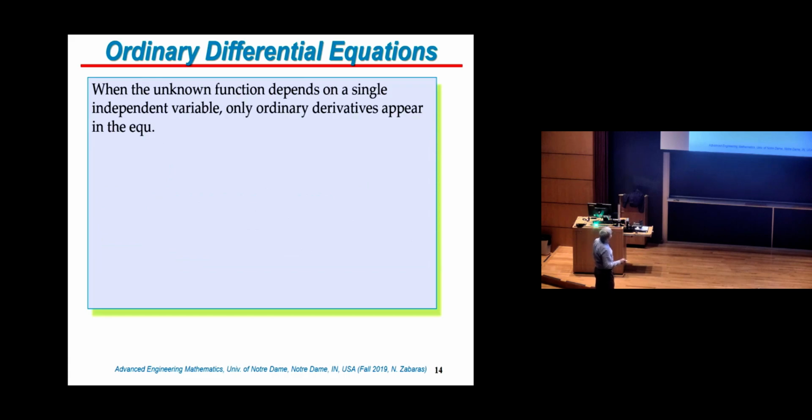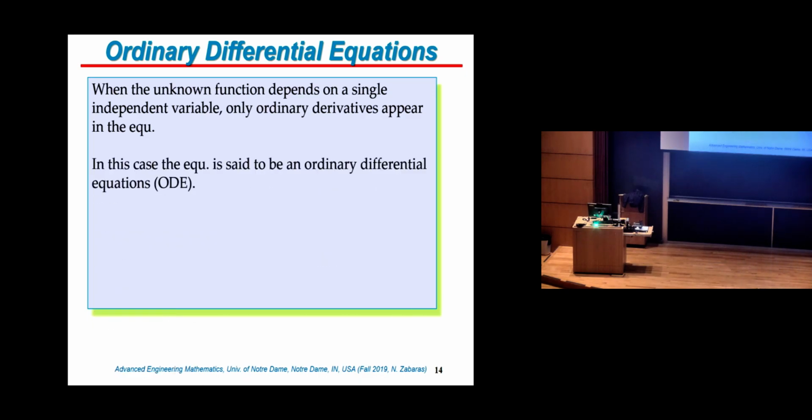All right, so let's talk a little bit about the classification of differential equations. Can you tell me what's an ordinary differential equation and a partial differential equation? An ordinary one has one independent variable, right? In our case, up to now, it has been time. It can be location x. A partial differential equation is when you have more than one independent variable. So you can think of something that is a function of the location x and y, and let's say time. So that's a partial differential equation.